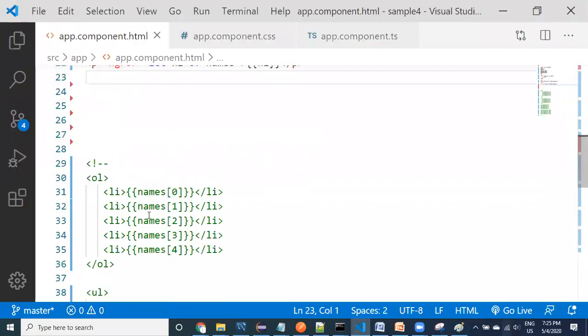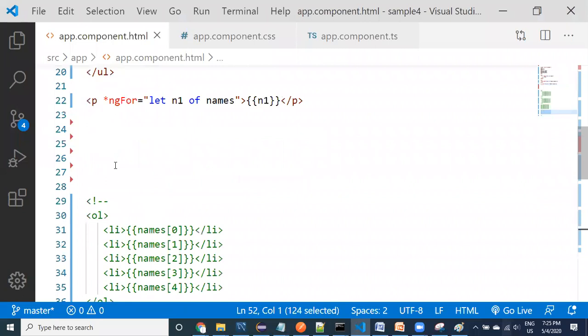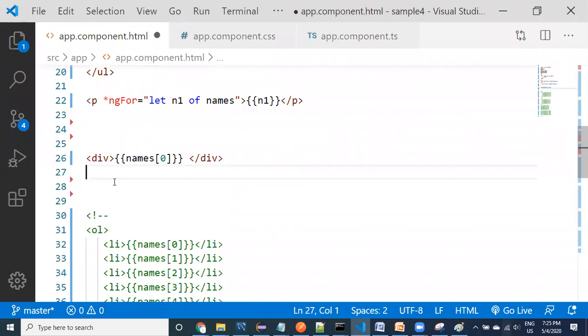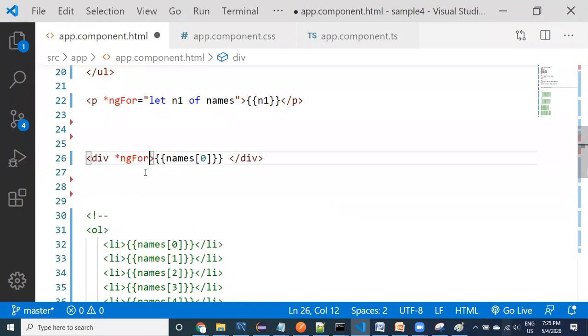The same way I would like to repeat divs. How are we displaying the divs? See here, guys, if you want to display divs, how can you do it? You can clearly see that the div is repeating, right? That's why only one div, *ngFor. This is not HTML code, this is Angular code. You are writing Angular code inside the HTML so that Angular can take care of all these things.